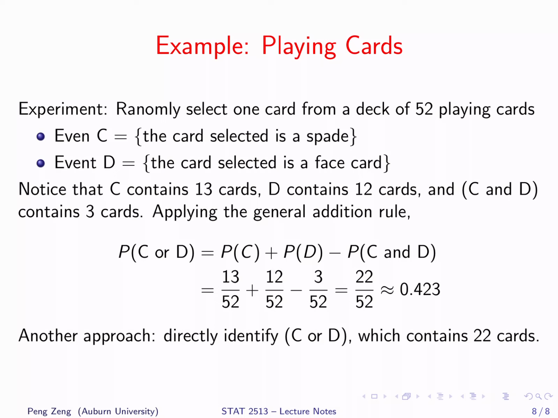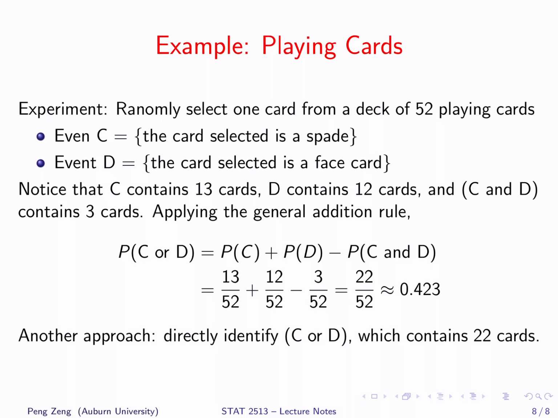Event C contains 13 spade cards, and the probability of C equals 13 over 52. Event D contains 12 face cards, and the probability of D equals 12 over 52. Event C and D means spade face cards, or Jack, Queen, King of spades. It has only 3 cards, therefore the probability of C and D equals 3 over 52. Plug in the numbers to the formula, we get 22 over 52, or approximately